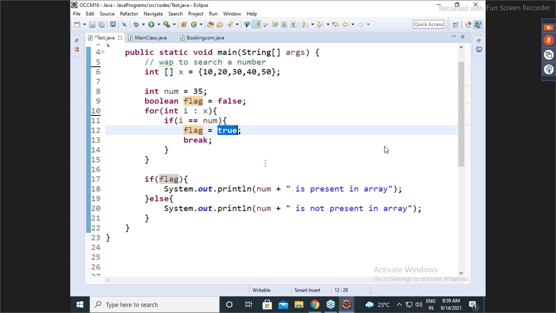Now you realize string occurrence, array occurrence, why I told you. Same approach applies everywhere. Instead of s dot char, you have to give x of i greater than x of j, equal to x of j and i greater than j. Then count plus plus and then print. Everyone clear on that?